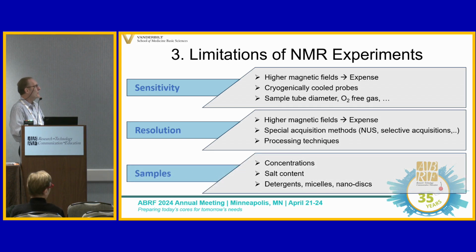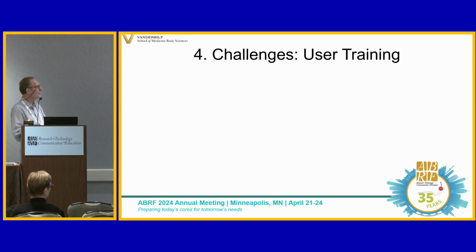And then quite often, another limitation is the sample. People sometimes come to us with the idea of some other analytical methods that need micrograms. And we're like, not so easy. So we do need a decent amount of sample concentration. Some other limitations are salts, detergents, and stuff like this that can interact and give us some problems. So we do have a few limitations that we need to deal with